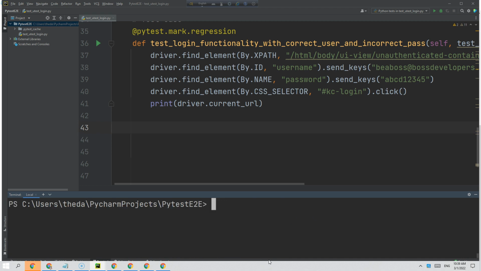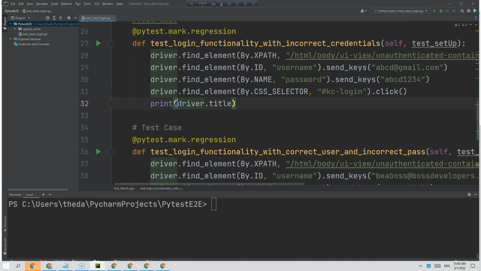Actually, to make this visible, I can say the current URL is, I can say plus this, and I can say the title of the web application is. Wonderful. Okay, and